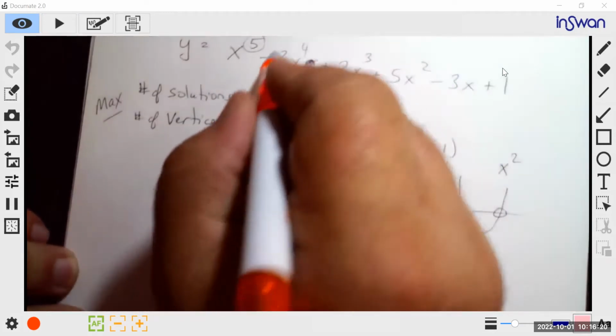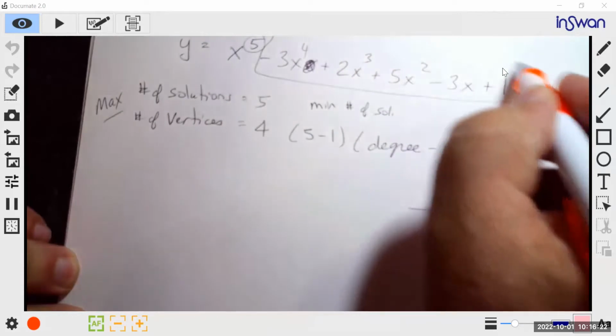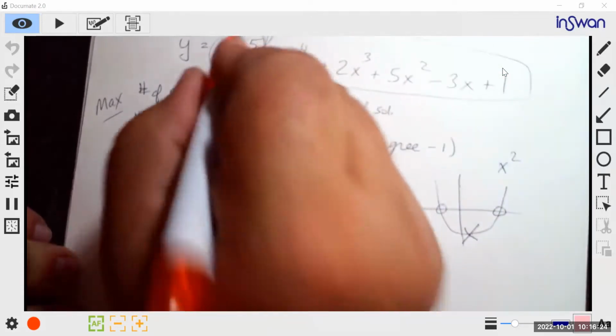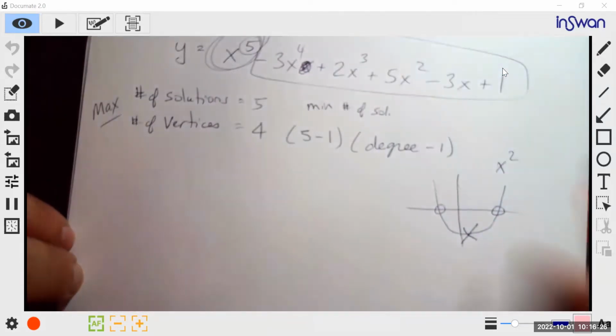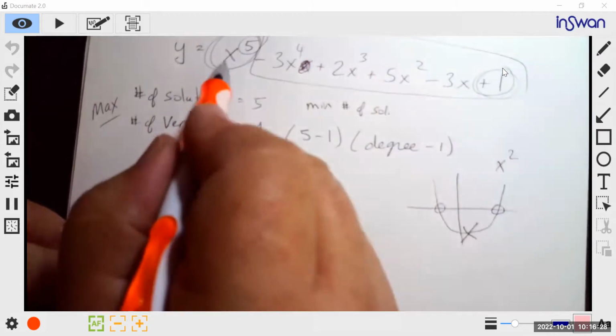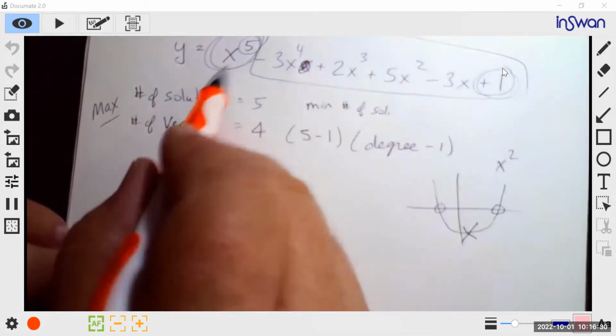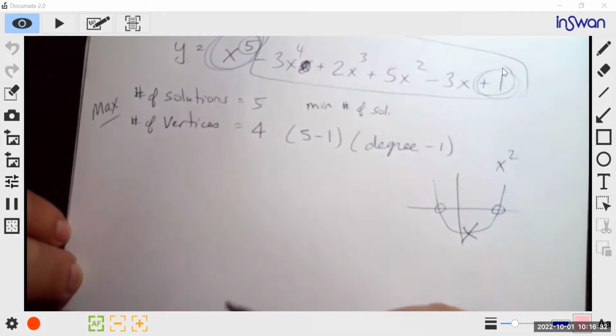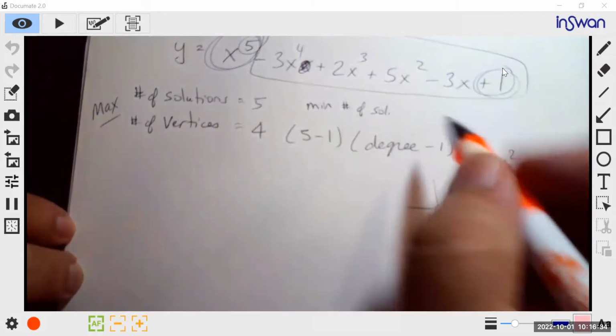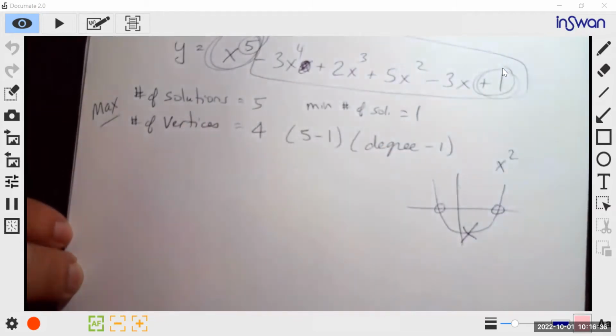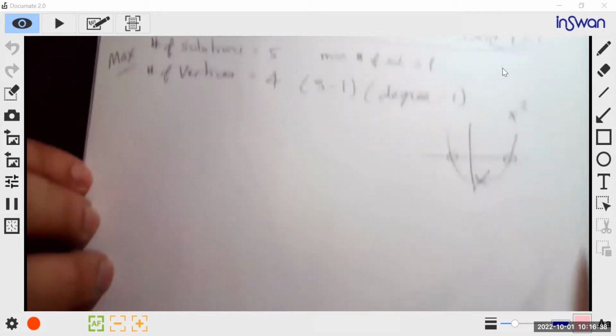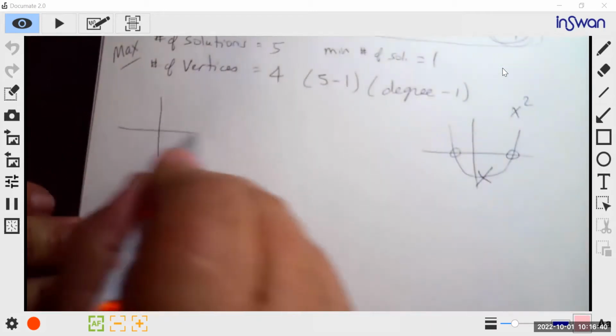Nope. Actually, no. Once we look at an equation, this part here tells us everything that we would know about it, except for the y-intercept. Everything else is just fluff. This tells us everything we need to know. The minimum is 1. Because